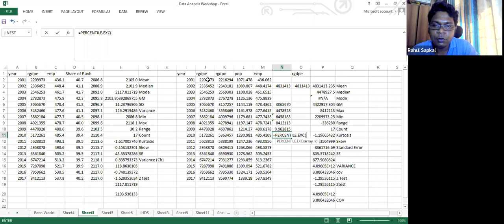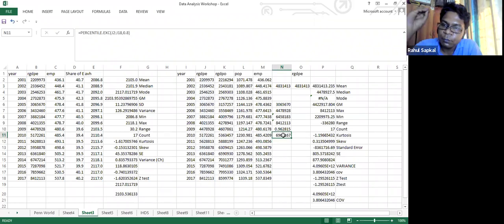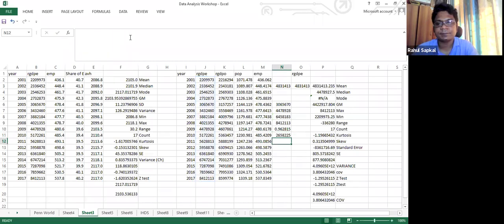So I will put my data range. I have put my data range. K, you have to give which percentile you're looking for. So I will give 0.8. At my 0.8 percentile, this is the value of GDP. And you can go up to 1. Keep on going that far.